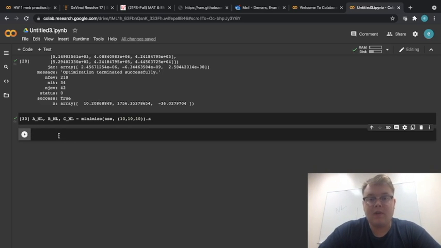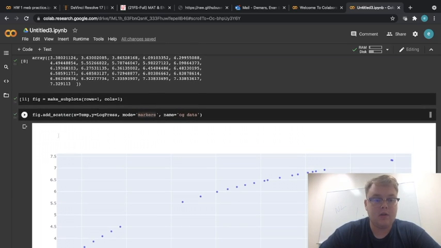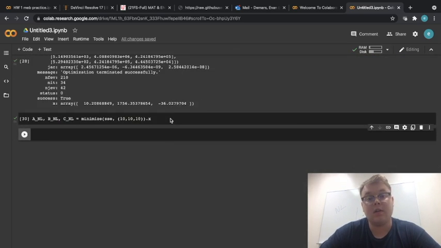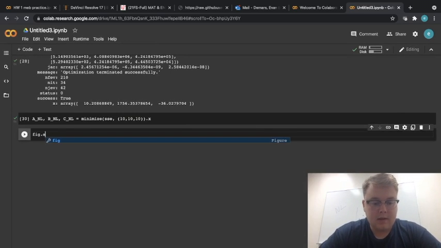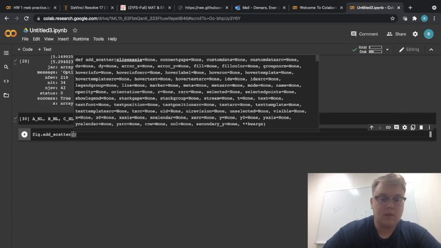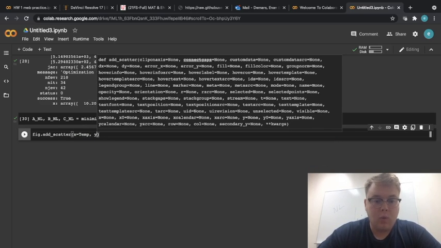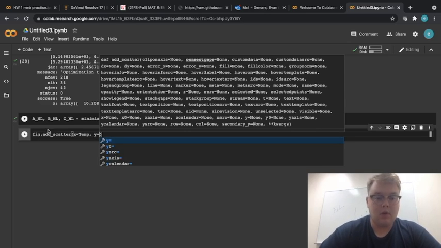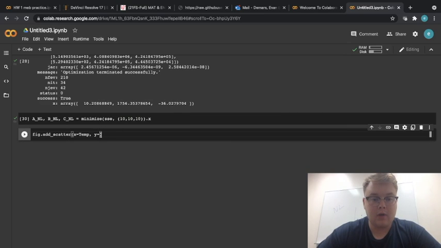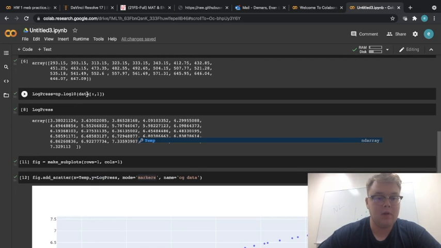So now let's see what the nonlinear regression looks like with a scatter plot. Again, here we added a scatter plot using markers to see our data points. Now we're going to add a scatter plot to see our nonlinear regression using lines. So fig.add_scatter. Our x variable is still going to be the same. It's still going to be temperature. And our y variable is now going to be our equation using our new nonlinear variables that we just made. So a_nl, b_nl, c_nl. So a_nl minus b_nl over still temp, so it's still our temperature that we made up here, temp